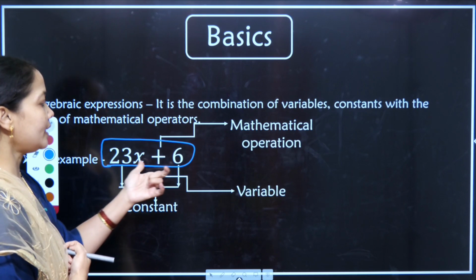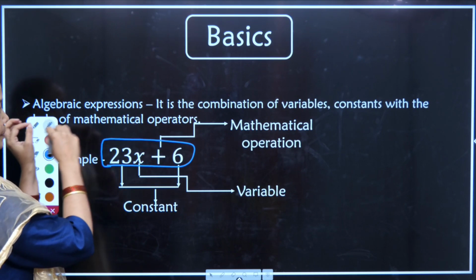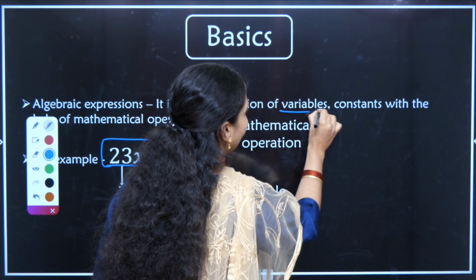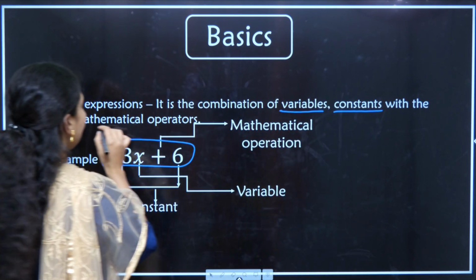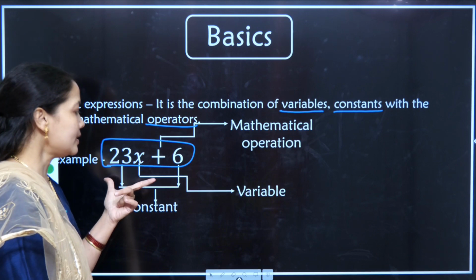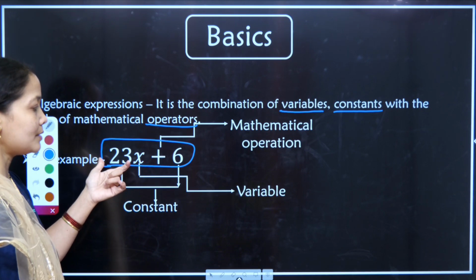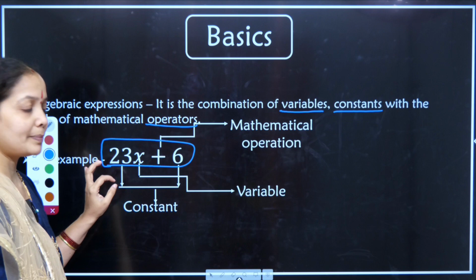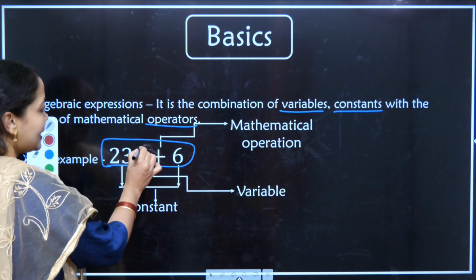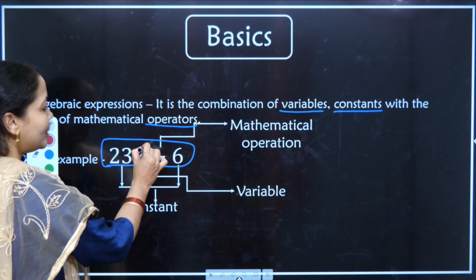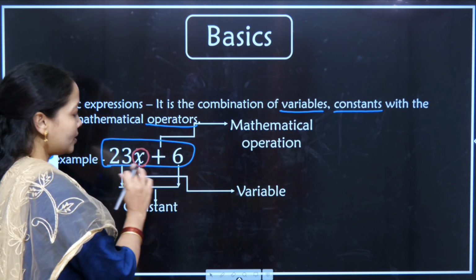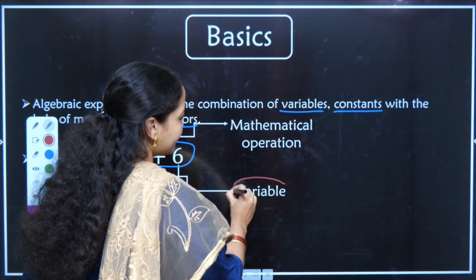In this I have 2 to 3 things that I have to understand. In my expression, the algebraic expression, the definition on top, we have termed variable, constant as well as an operation. What do I understand by a variable? A variable is an alphabet that is present in the whole expression. In this expression, we can make out that 23x plus 6, so I have x as my variable. x is the alphabet present in the complete equation. So I say the variable of the given expression 23x plus 6 is x.